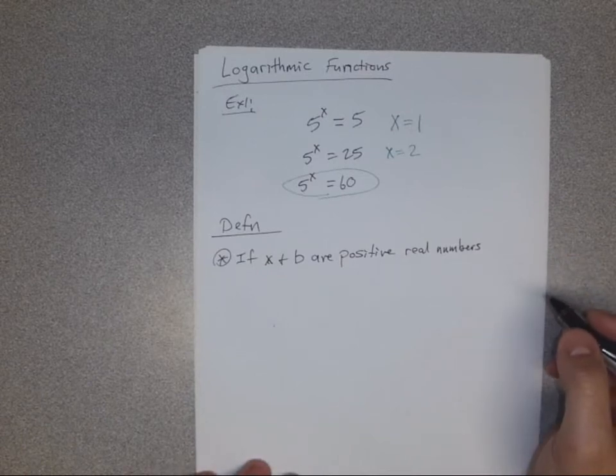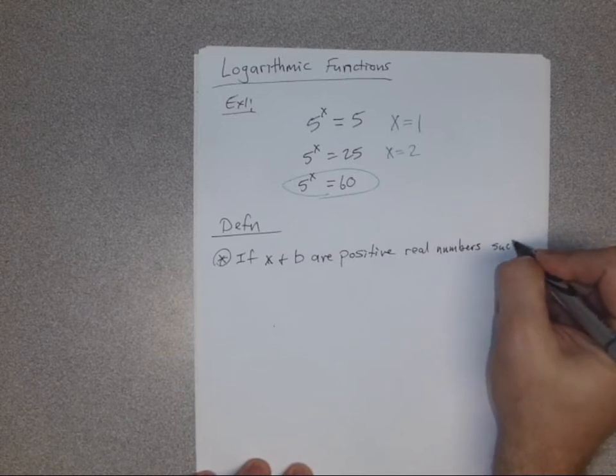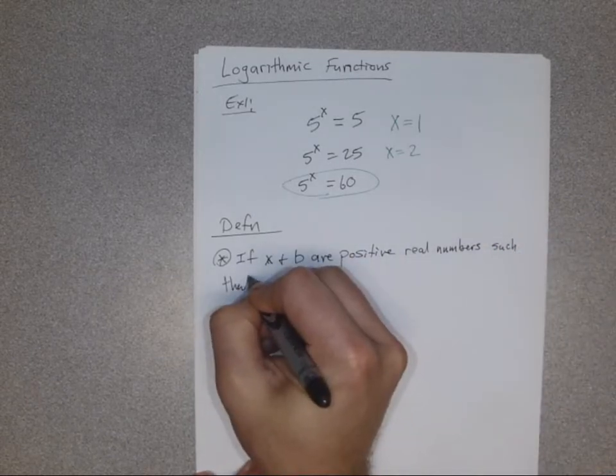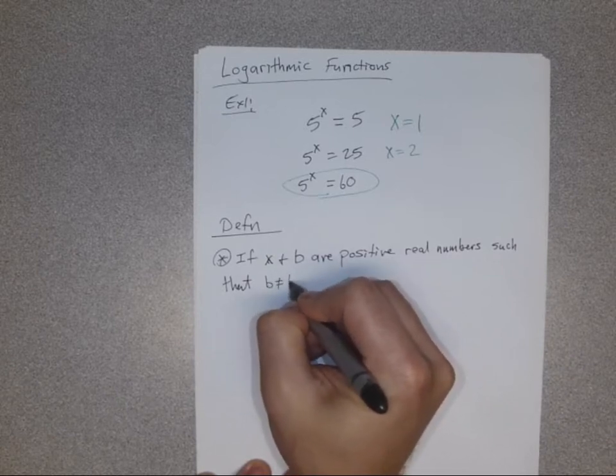So if x and b are positive real numbers such that b does not equal 1,